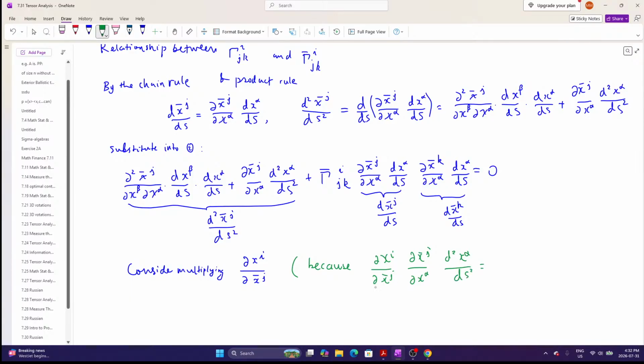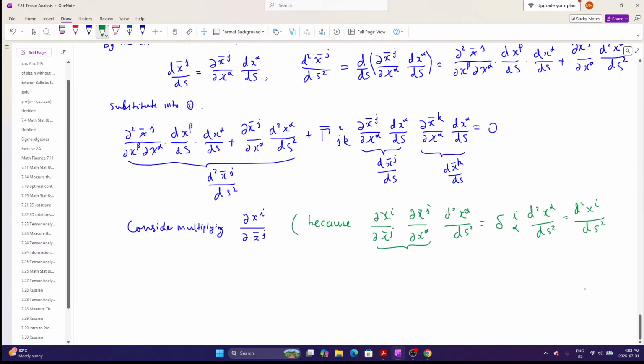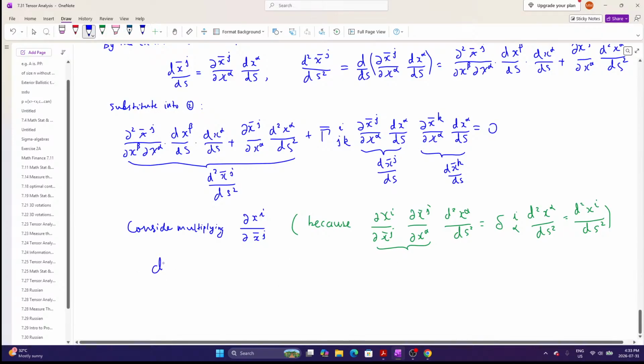All right, so the first two together would just be the Kronecker delta. This is the inverse matrix after all, so this is a Kronecker delta i alpha, and then times d squared x alpha over ds squared. So swap the index and you get d squared x^i over ds squared, which is exactly what we wanted. We want this thing, d squared x^i over ds squared. So let's do so. Multiplying that, the first term now pops out to be just d squared x^i over ds squared, and then plus,